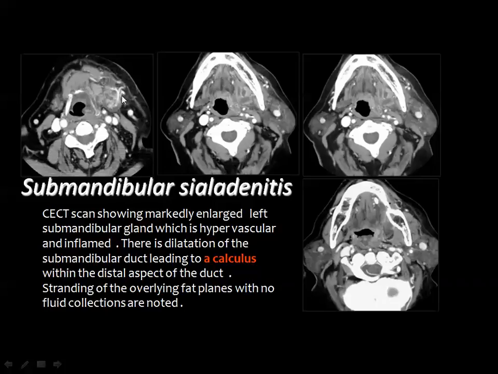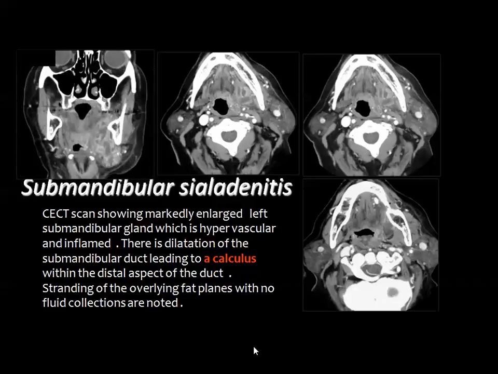The gland is considerably enlarged. It shows a heterogeneous CT density and enhancement with multiple internal marginally enhancing loculi representing intraglandular abscesses. Then when you look carefully along the course of the submandibular duct, you can easily appreciate the presence of a radio-opaque stone here, which is in most of the cases the cause of obstruction and